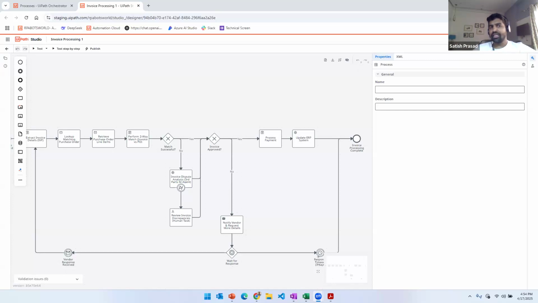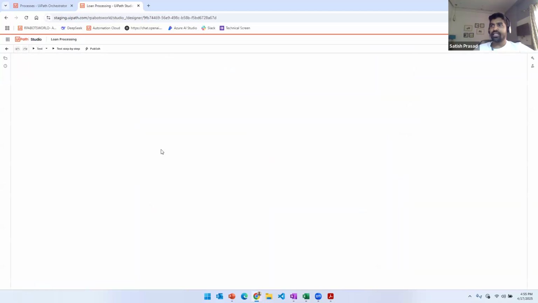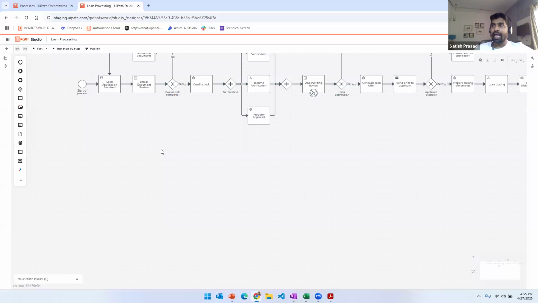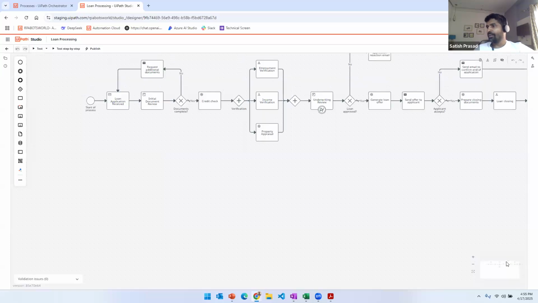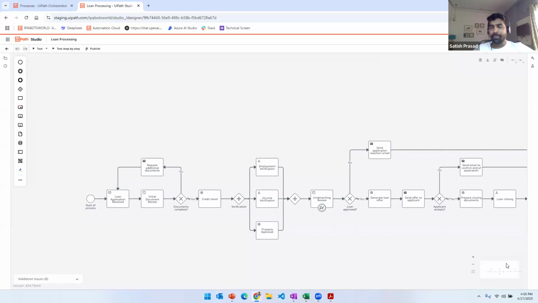You can think about a loan processing process. I'll quickly bring that up. If you have a loan processing process, it goes through many departments. It's not that everything happens in one department or only by automation. There are people who will approve some of these things.